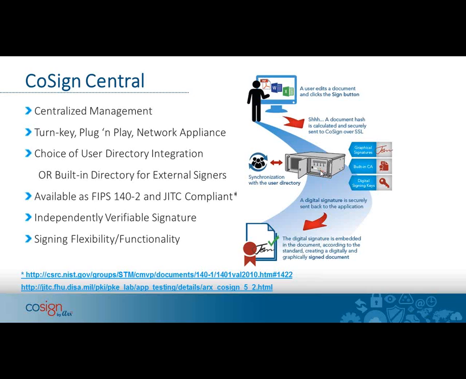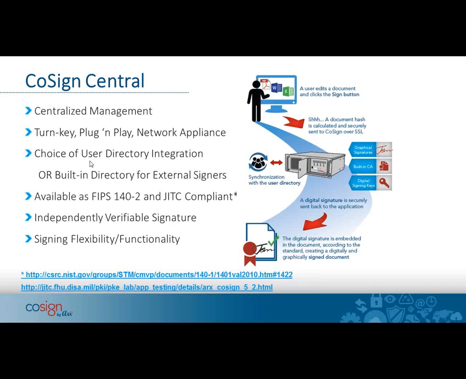In most cases now, it's adhering to your policy and procedure of who these people are in your organization. If they have network credentials when they join the company, now they're synchronized, and they issue them signing credentials through Cosign that's tied in with your Active Directory. You know who these people are. And it also makes it very convenient to manage the process of enrolling people or changing people, or if you had to, after the fact, if they leave the organization, if you take them out of your Active Directory like you would, they're immediately taken out of the Cosign system so that no one can be signing after the fact.